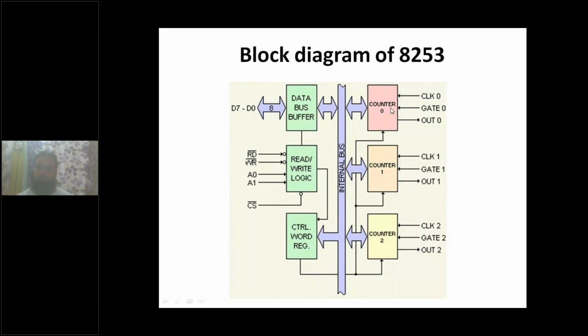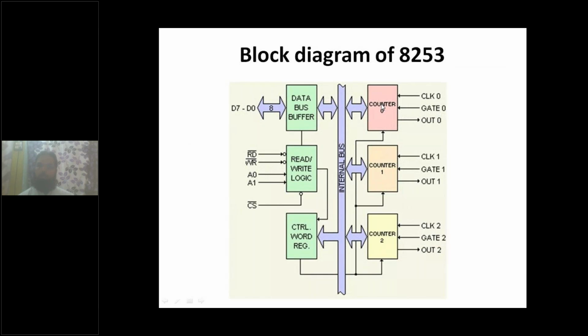How will the timing delay be provided? The counter consists of a register which is filled with a 16-bit value. Once a gate signal and a clock signal are applied, the register in this counter gets updated by 1 at each clock pulse.